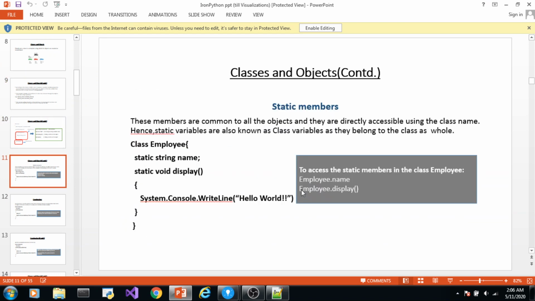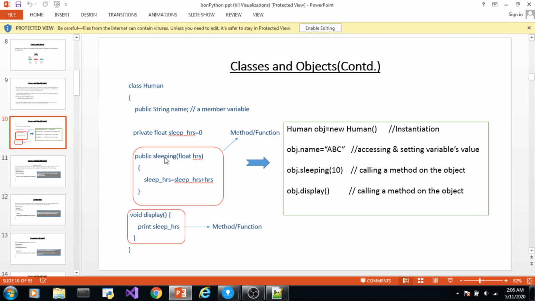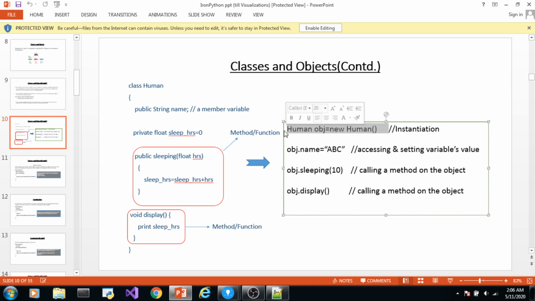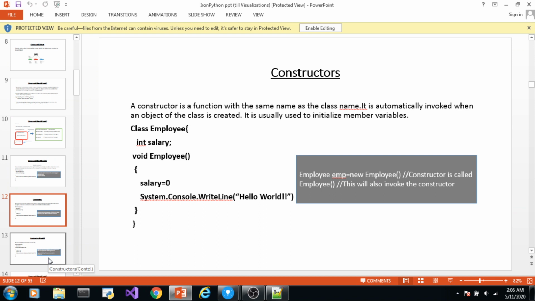Here, how were we invoking this method? Using its object. We created an object and then we called this function, object.function name. But in case of constructor, only this statement will execute the statements within that constructor. So whenever this statement is executed, all the statements within that constructor get executed. This is also a way to invoke the constructor.